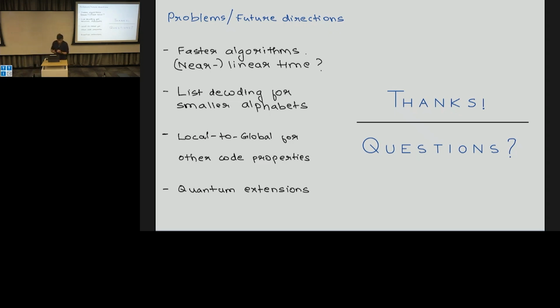This gives us a paradigm for taking these code properties in some constant size objects and then extending them to arbitrarily large code families. And one thing to think about is whether this is doable for other kinds of code properties. It actually gives a scheme for construction, not just